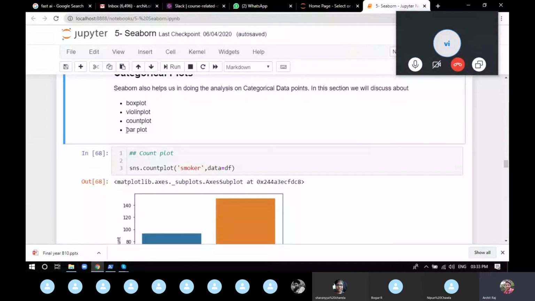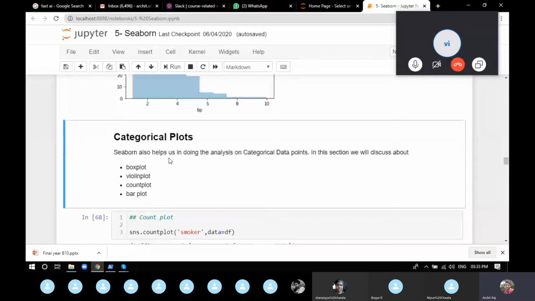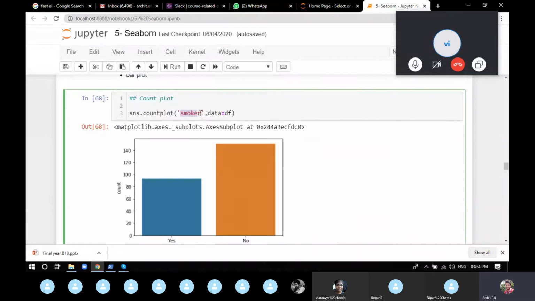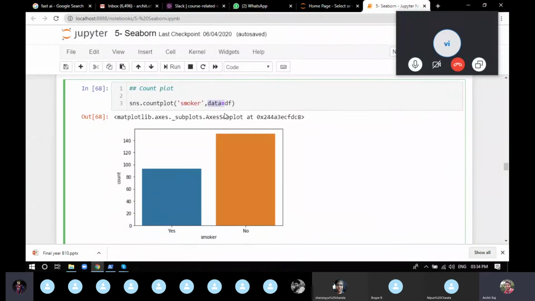So first we'll go for box plot. Sorry, first we'll go for count plot. So what does count plot do? If you ever forget what exactly this particular function does, just press shift tab, you'll get to know what things are there, and it is going to give you a docstring. A docstring is a string which tells you about the function, like what it does. So if you read the docstring, it shows the counts of the observations in each categorical bin using bars. So it's just going to give the count of each and every categorical value in the shape of bars. So what we provided, sns.countplot, we provided the data smoker with the data of df. So go to df, the data df, and search for the column smoker.